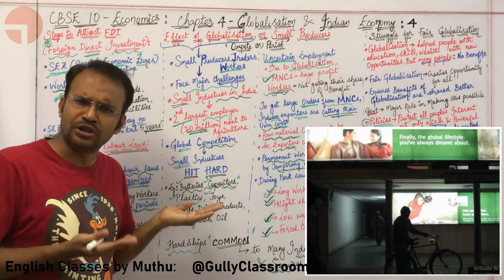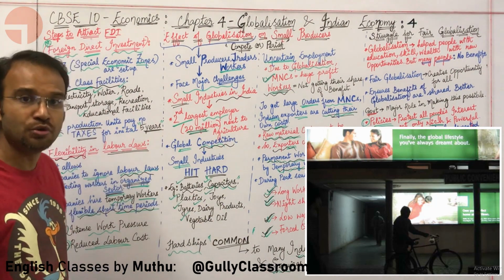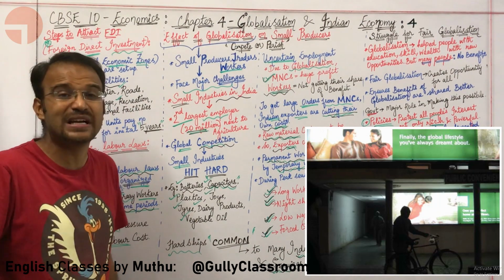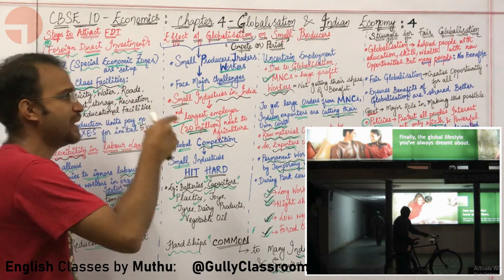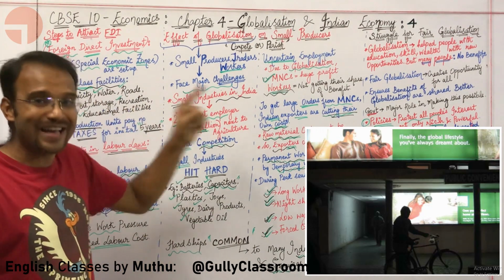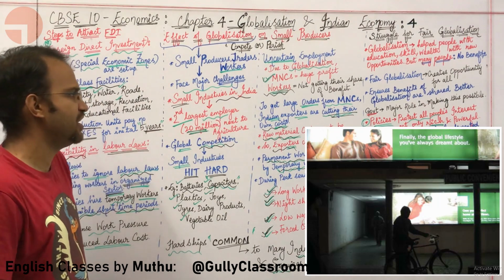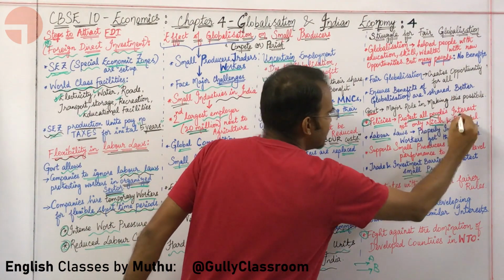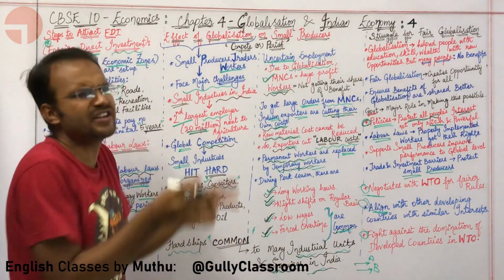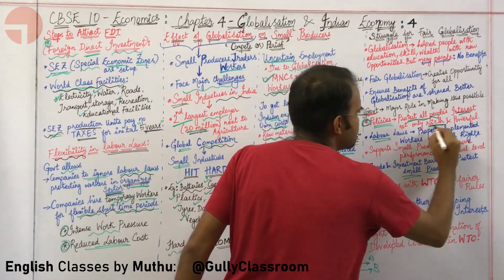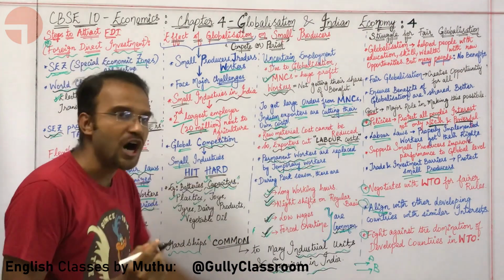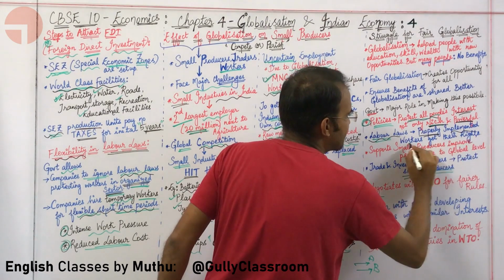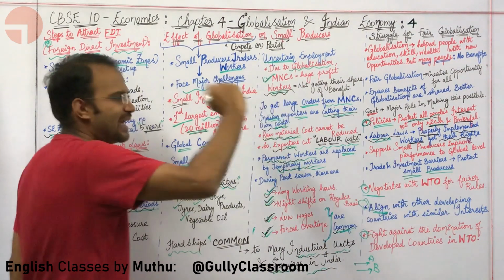Who is going to take a leading role in ensuring fairer globalization? Obviously our government, not just our government, each and every government must play a major role in making fairer globalization a reality. How, sir? First, policies must be made to protect all the interests of people, not just the rich and the powerful. Interest of all people must be protected, labor laws must be properly implemented, and workers must get their rights.